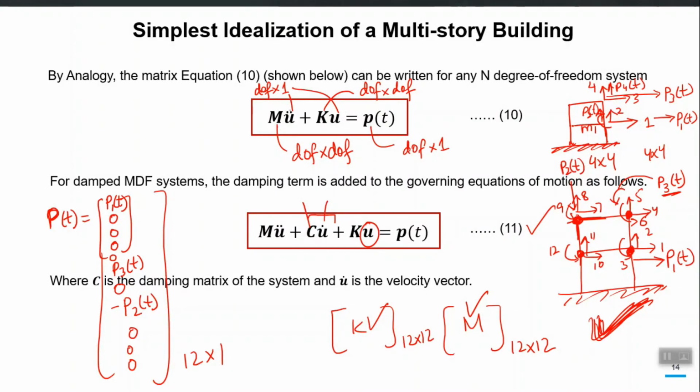Basically what I did is that in this top model, I still assume that the floor is rigid. That assumption is still there in this model. Why? Because I am considering only one lateral degree of freedom per floor, so I am not allowing any internal stretching or compression in this floor or in this floor. Either it is going all on one side or on the opposite side, with no internal stretching. So both of these nodes are not allowed to have different values of lateral deformation.